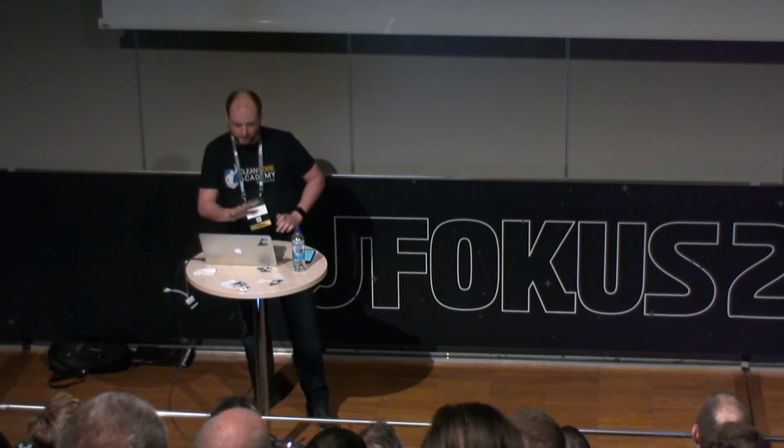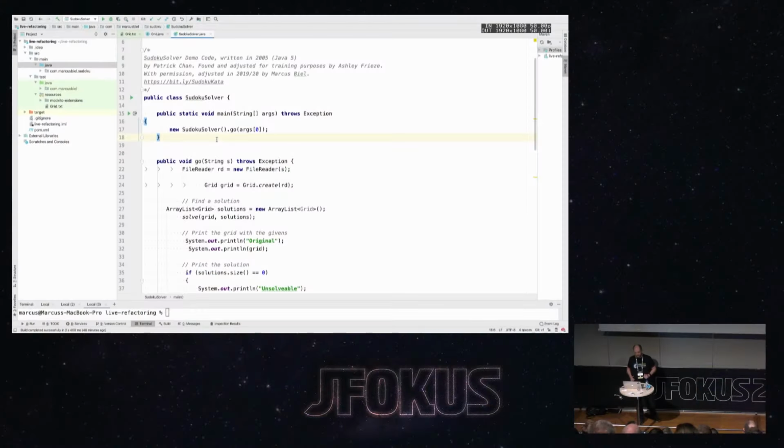right? So this is the code that we want to refactor today. It is a brute force Sudoku solver. When I was preparing this talk,